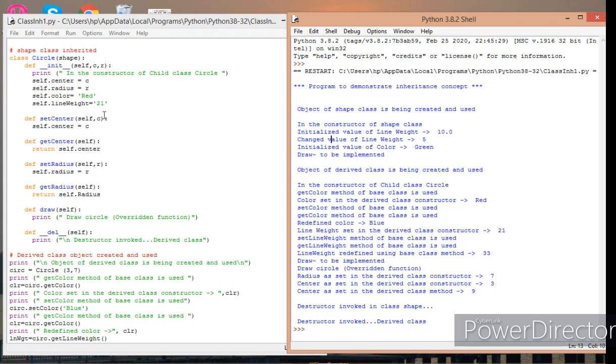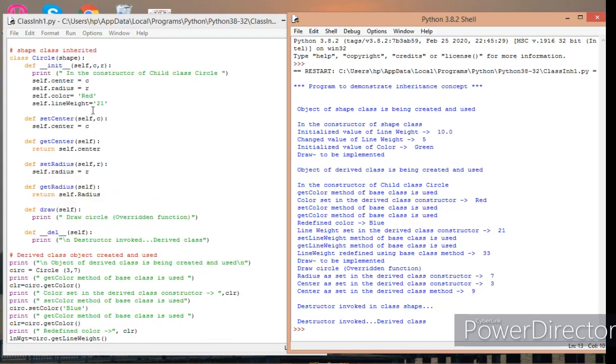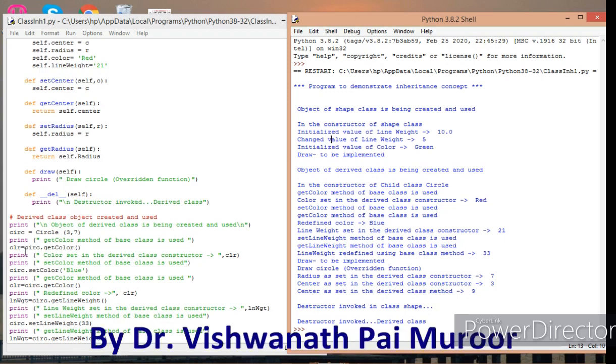R is 7. And I have the COLR instance variable again set to red. I have the line weight instance variable again, set to 21. So now 4 instance variables of the object circ are initialized: center, radius, color and line weight.